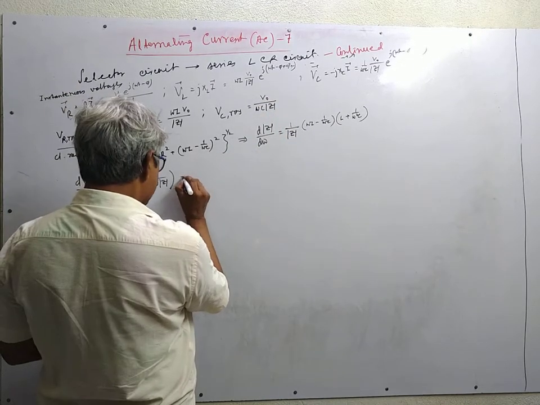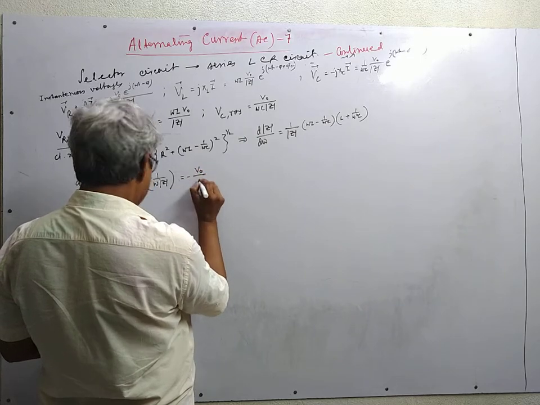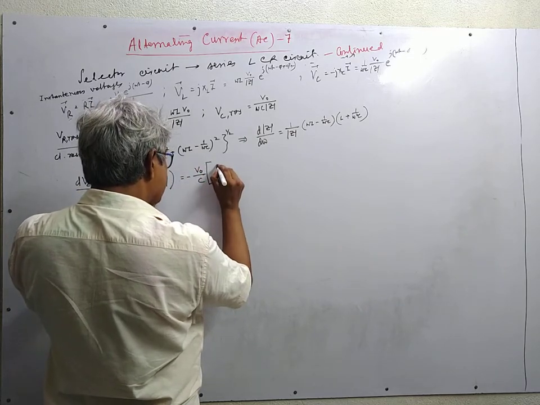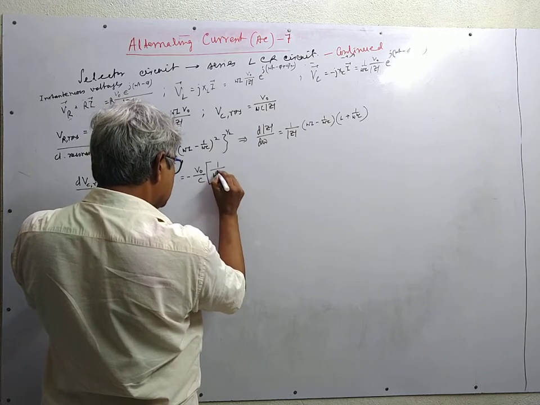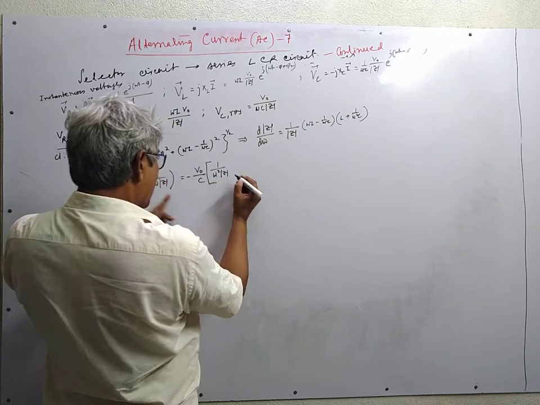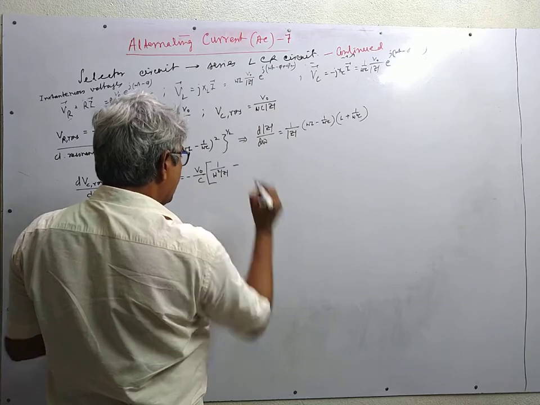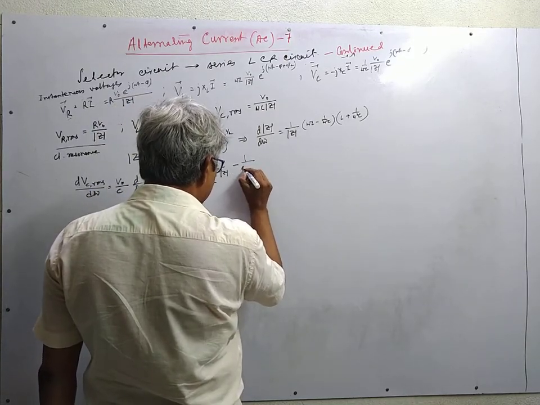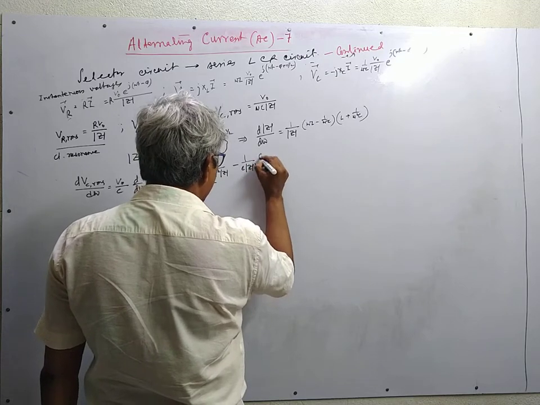So this is omega square, and then we have 1 by C mod Z square